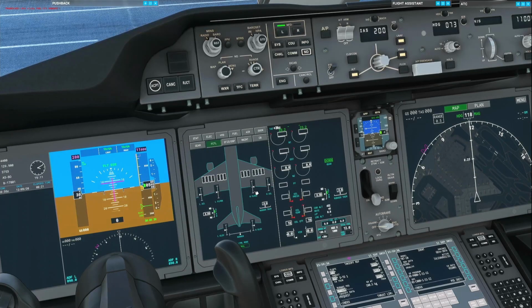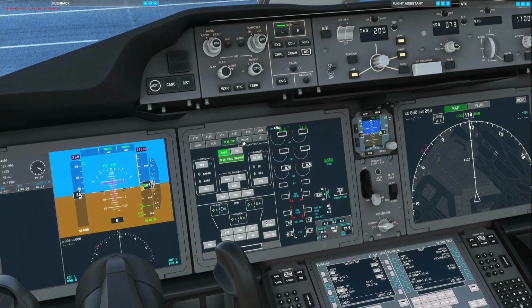Flight control, sometimes you want to check. Let's say if you want to test flight control, this is very handy. Now the one that is very important is this EFIS display. This one is showing the captain's part of the EFIS, the electronic flight instrument, and this is the minimum that